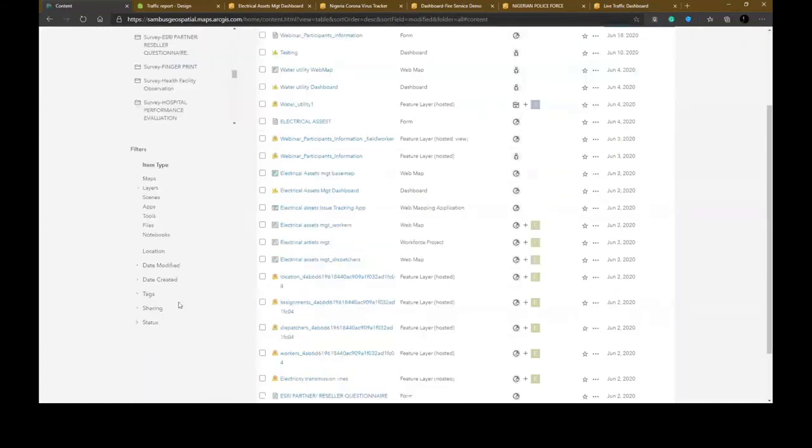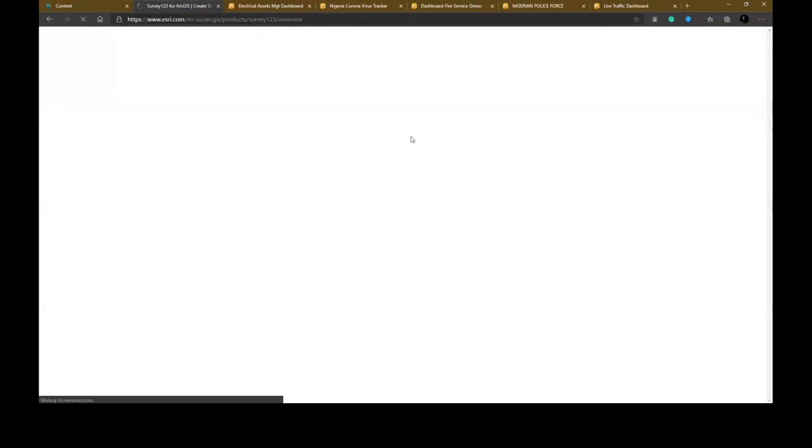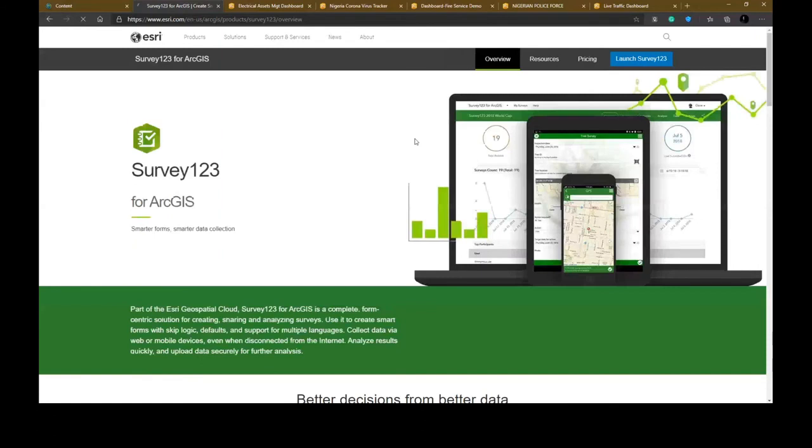So the question: yes, there is offline support on the mobile app. If you are using the Survey 123 mobile app, it allows you to fill a survey when there is no network. It's going to use your phone's GPS to determine the location, and once your phone regains internet connectivity, it's going to upload the data